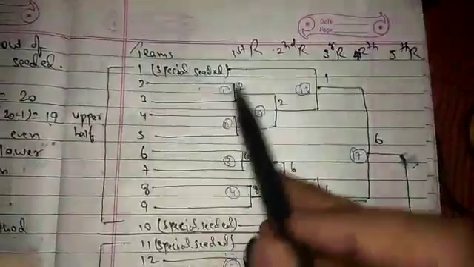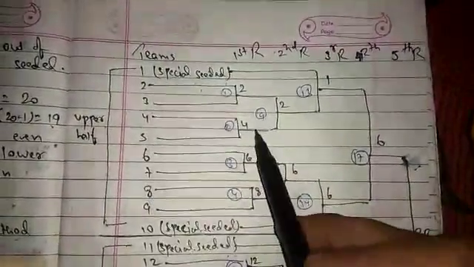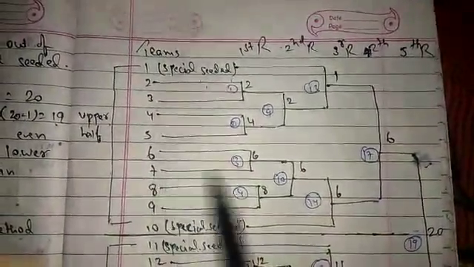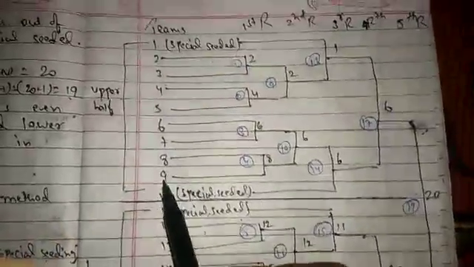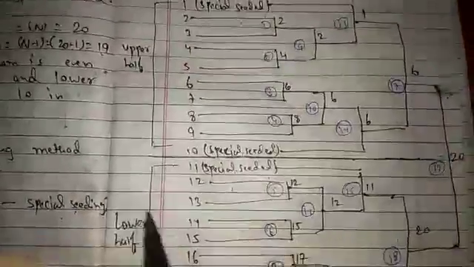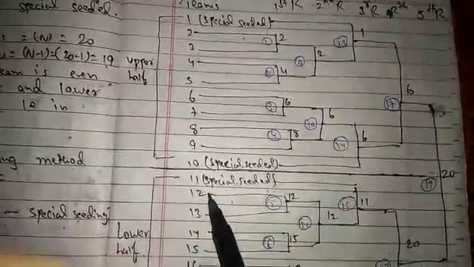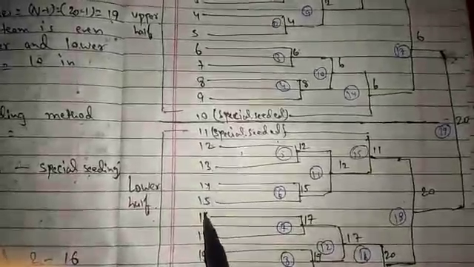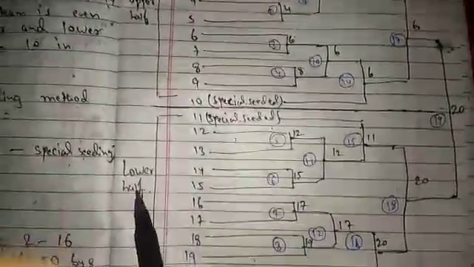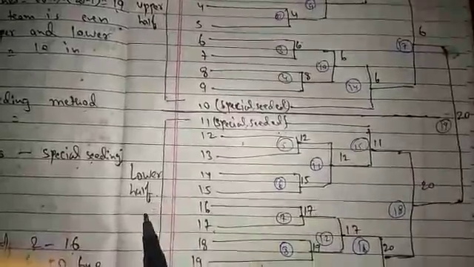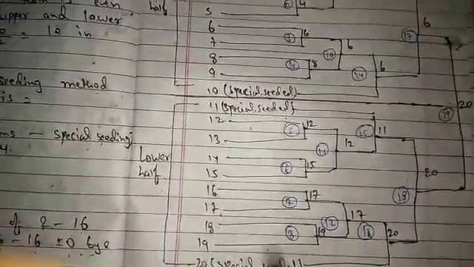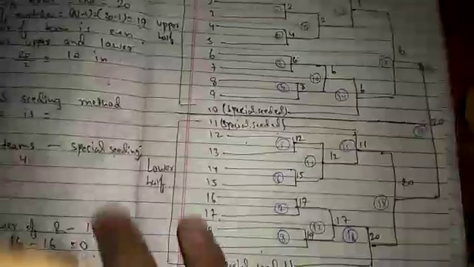2 will play against 3, we have assumed 2 as a winner. 4 will play against 5, we have assumed 5 as a winner. 6 will play against 7, we have assumed 6 as a winner. 8 will play against 9, we have assumed 8 as a winner. This team will play from quarter or semi. 12 will play against 13, we have declared 12 as a winner. 14 will play against 15, we have declared 15 as a winner. 16 will play against 17, we have declared 17 as a winner. 18 will play against 19, we have declared 19 as a winner.